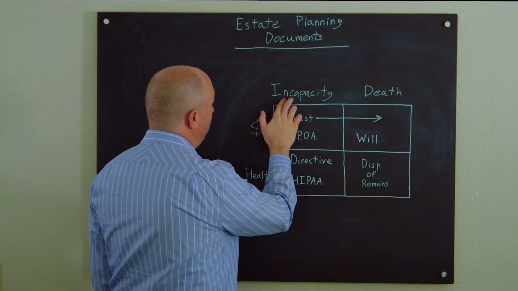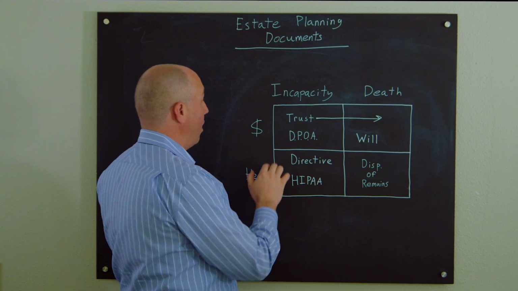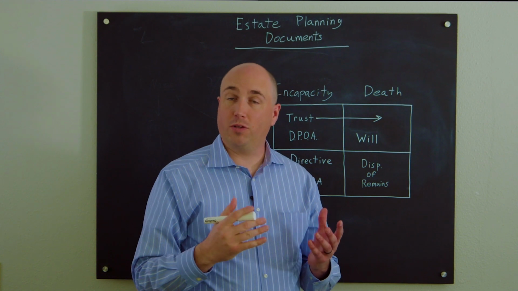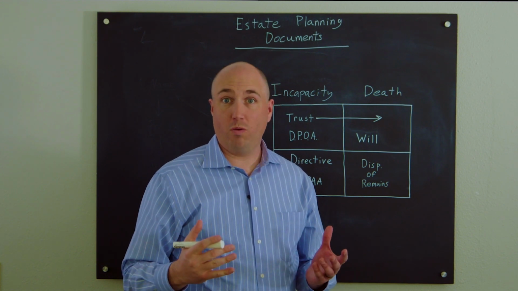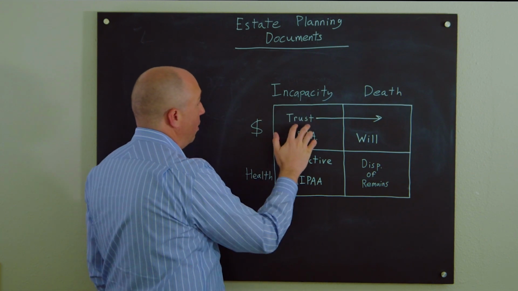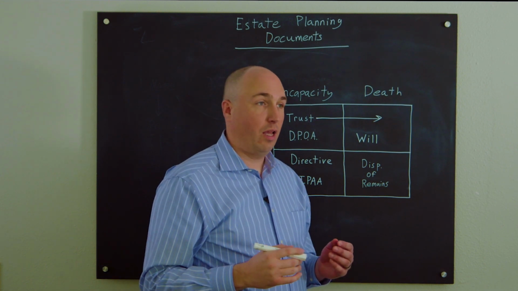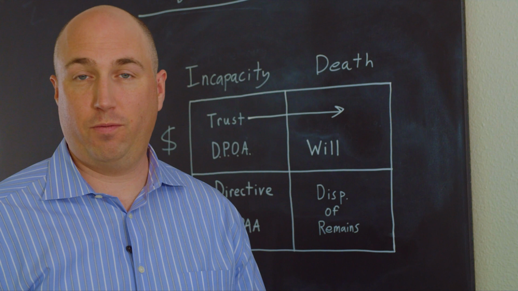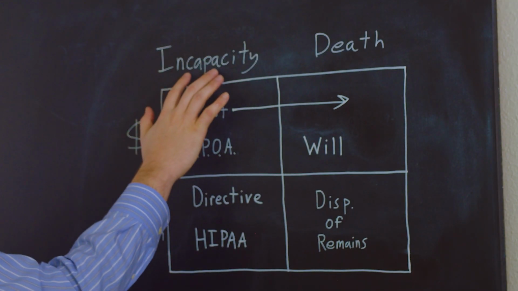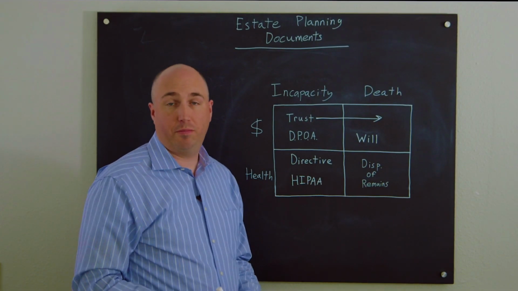So, if you become mentally incapacitated and you have a trust, anything owned by your trust will be handled by the trustee. Typically, while you are alive and able, you're the trustee, but if you are incapacitated, then your backup trustee that you've named to serve will then step in and handle the assets of the trust for you. And they can use those trust assets to do things like pay your bills. If you become incapacitated, you always want to have a durable power of attorney in place.